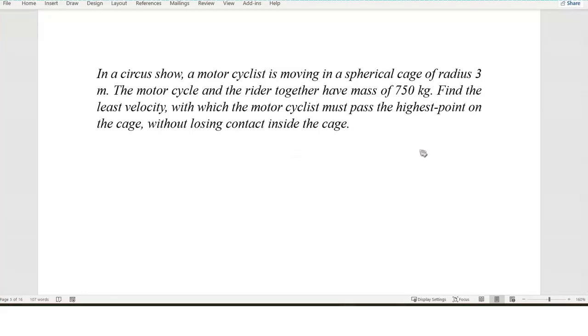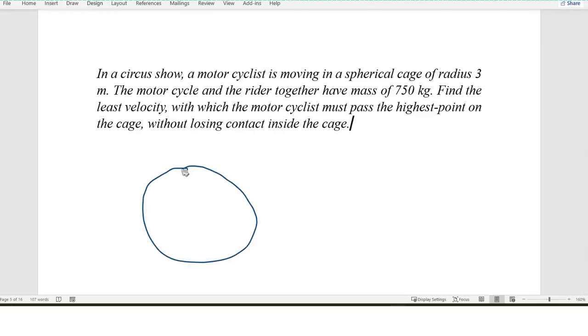So ladies and gentlemen, we are told that in a circus show, a motorcyclist is moving in a spherical cage of radius 3 meters, and the motorcycle and the rider together have a mass of 750 kilograms. Find the least velocity with which the motorcyclist must pass the highest point on the cage without losing contact inside the cage. So if he is not to lose contact inside the cage, then that means at the highest point